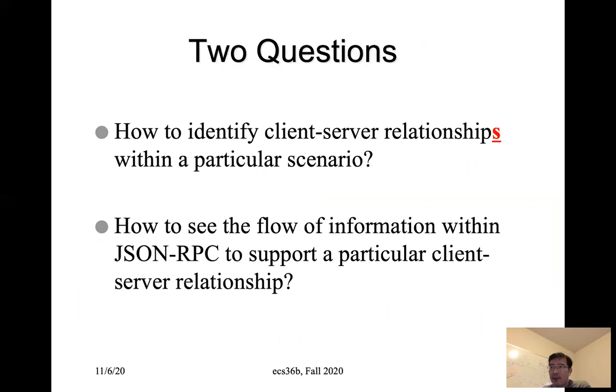All right, for example, a student asked me, is the HW3 server a client or a server? The reason that question is important is that it turns out it depends. And in the case of HW3